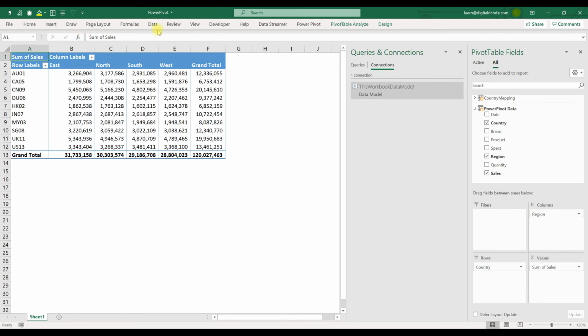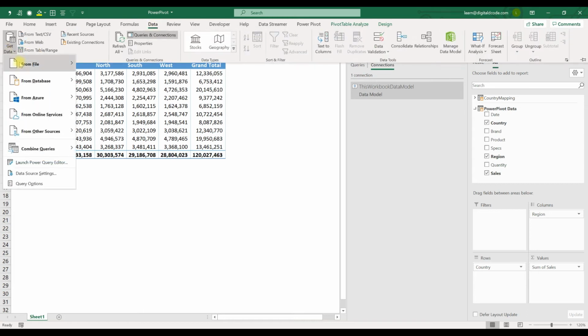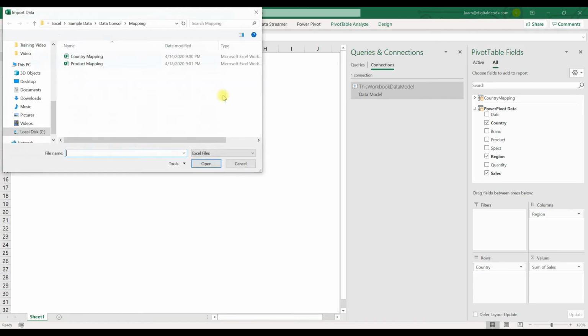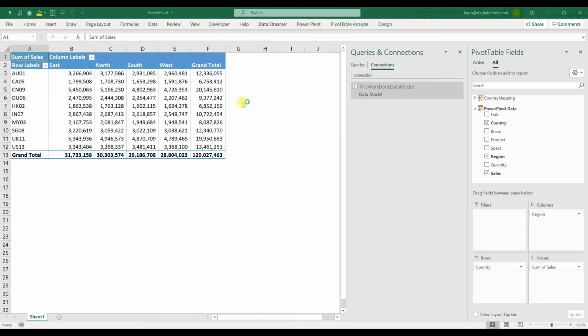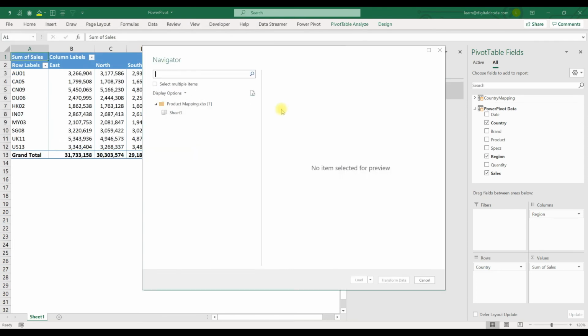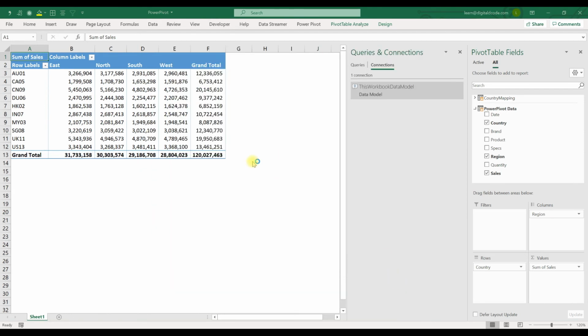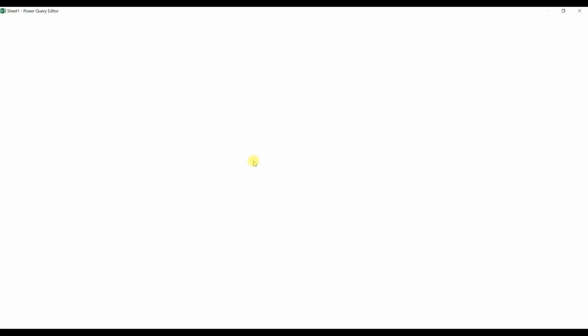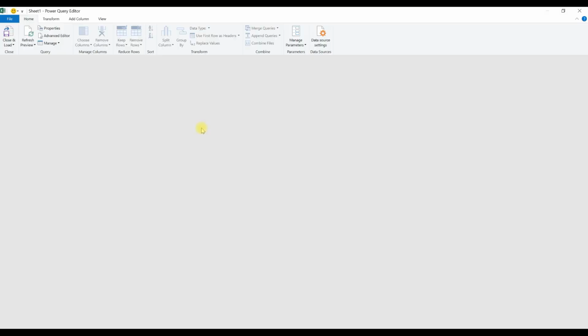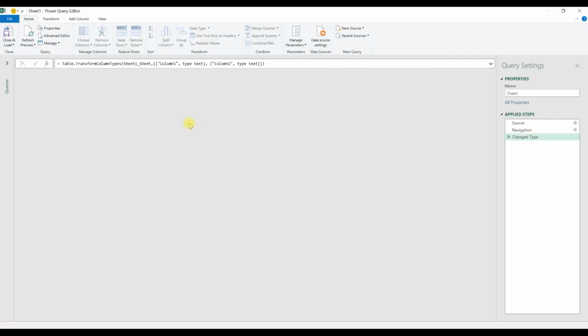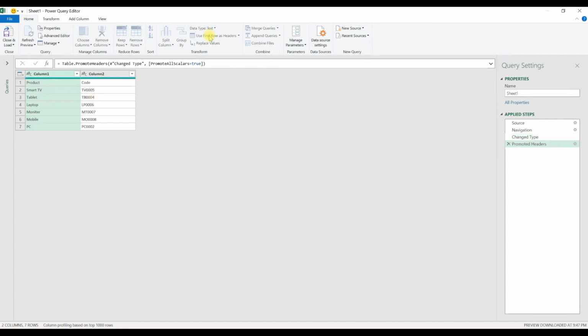Now again I'm going to add one more file, get data from Excel, product mapping. Transform data. So I got the data here. My first row is header. Just click this. My first row become header.